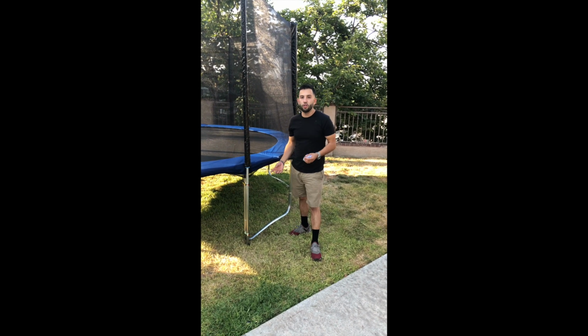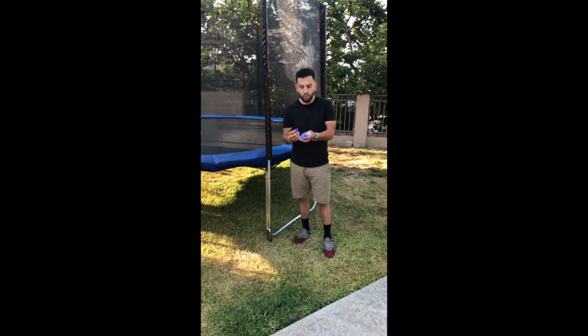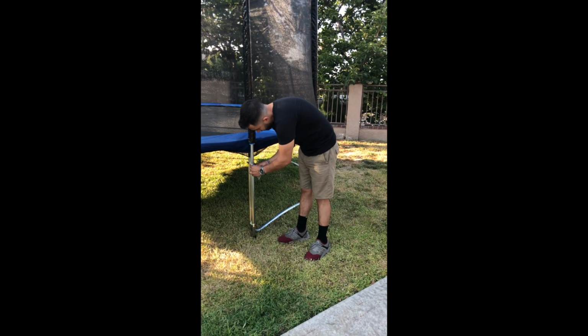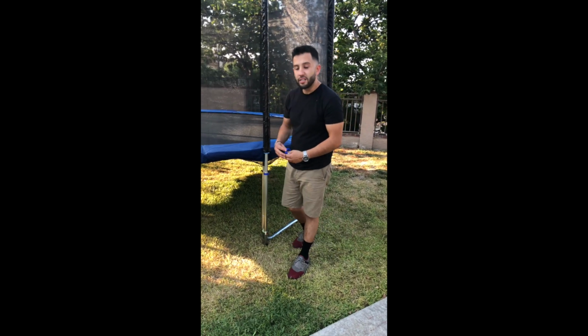So now once you've got the net enclosure clipped under and all the net enclosure brackets tied up, you're left with these little clips. And the little clips are fairly simple. They're just to close off the space in between these brackets. And they just clip on like so, and you do that with the rest of them. Once you put all of the brackets on,